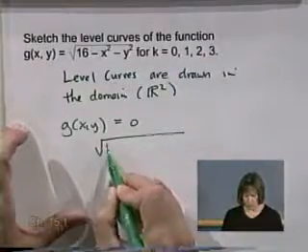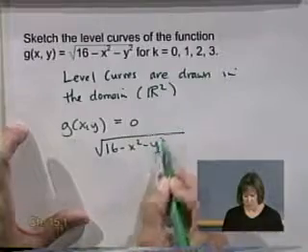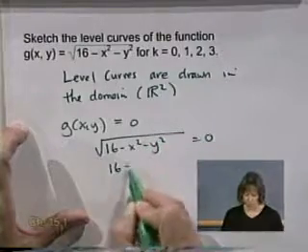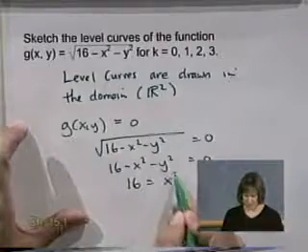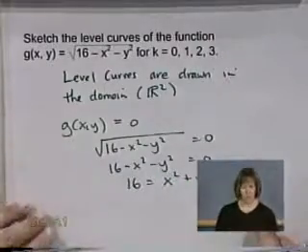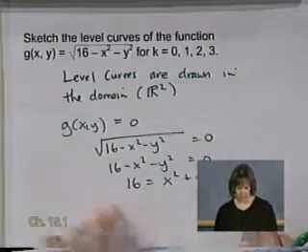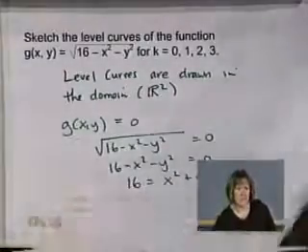I need square root of 16 minus x squared minus y squared to be 0. Square both sides, I get this. Drop the x squared and the y squared to one side. What am I getting? A circle. A circle of radius